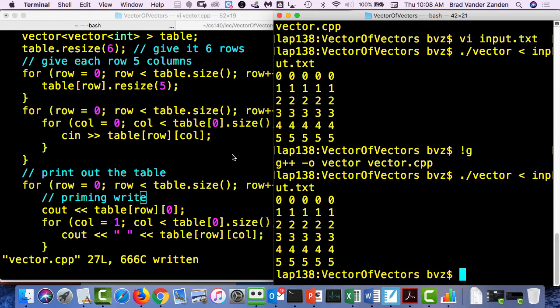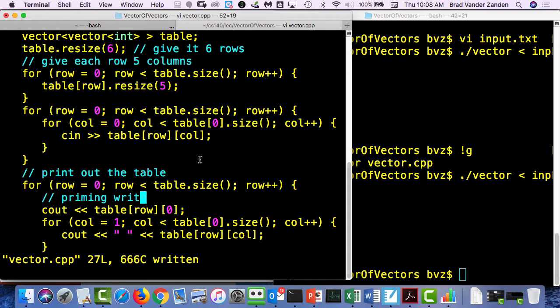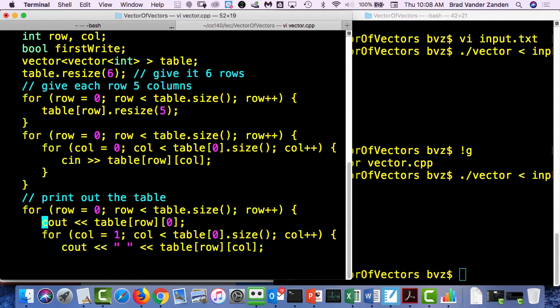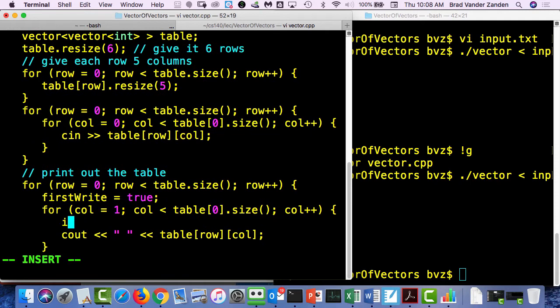Okay? Now, there's another way to do it. That's a priming write. I like it. I think it's elegant. Another way to do it would be to declare a flag first up here. So I could declare bool flag, first, or first write, if I really want to have it mnemonic. So here I could say first write equals true. And then down here I could say if first write